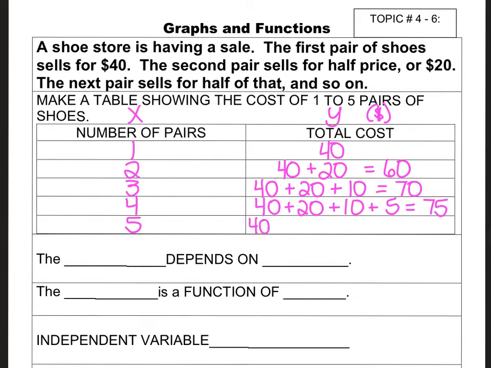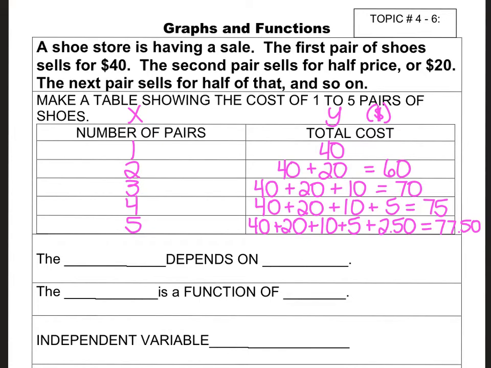And then for 5, 40, 20, 10 for the third, 5 for the fourth, and half of 5, so only $2.50 for the 5th pair. And so that's going to be $77.50. So why wouldn't you buy the 5th pair? It's only $2.50 more than buying 4. Okay, so